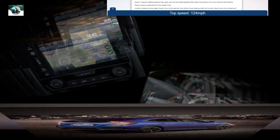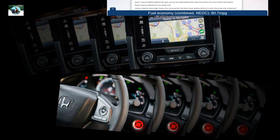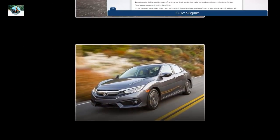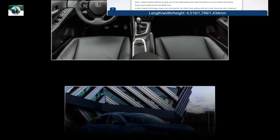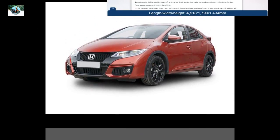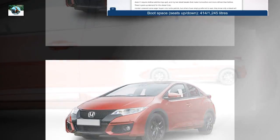fuel economy combined, NEDC 80.7 mpg, CO2 93 g/km, length/width/height 4518/1799/1434 mm, boot space seats up/down